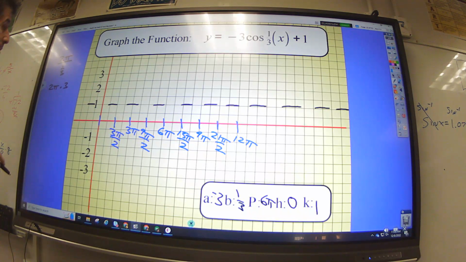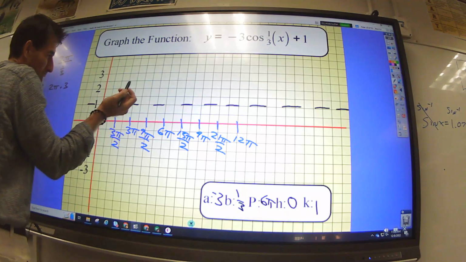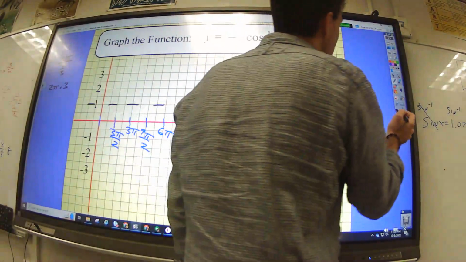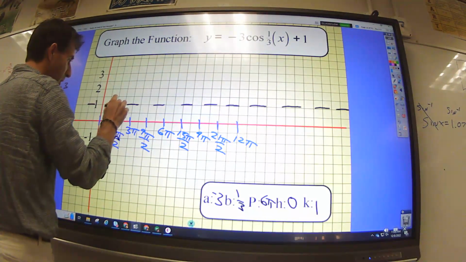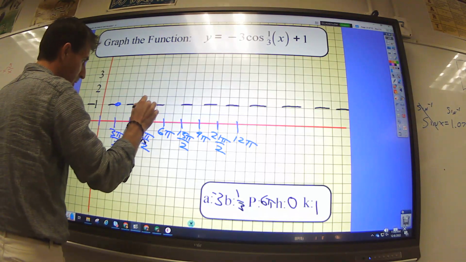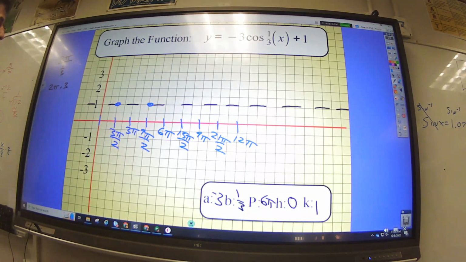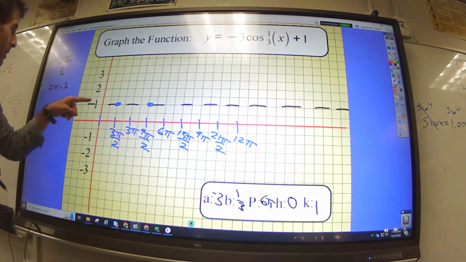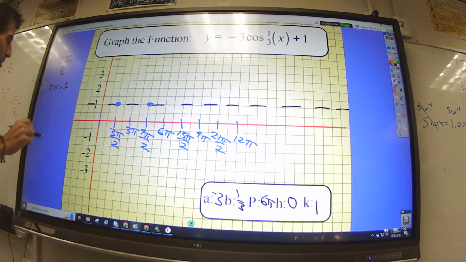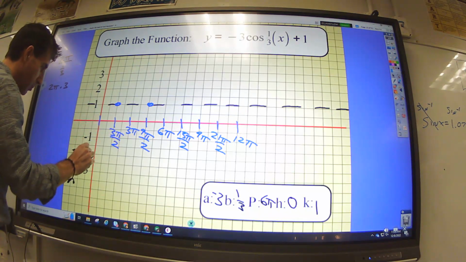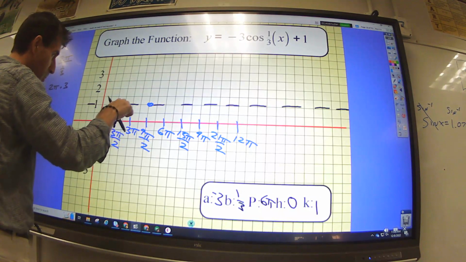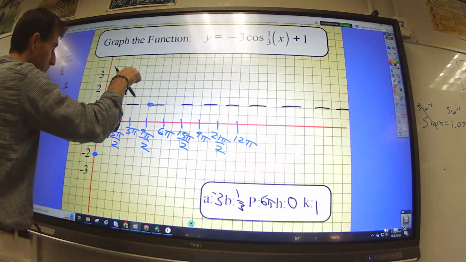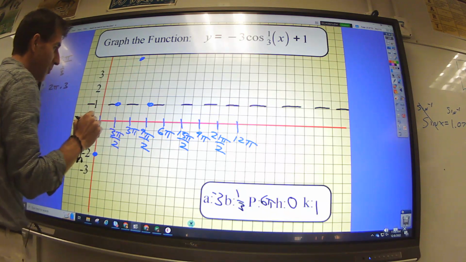It's cosine, so I'm going to do my 2 and 4. I like doing the zeros first. I'll do them blue. I got 2 and 4 are zeros, right on the midline. Now, because my A is -3, instead of going up 1, I'm going to go down 1, 2, 3 at -2. You guys have 0, -2? Yeah. And then my middle, instead of down 1, I'm going to go up 3. 1, 2, 3. So that's at +4.